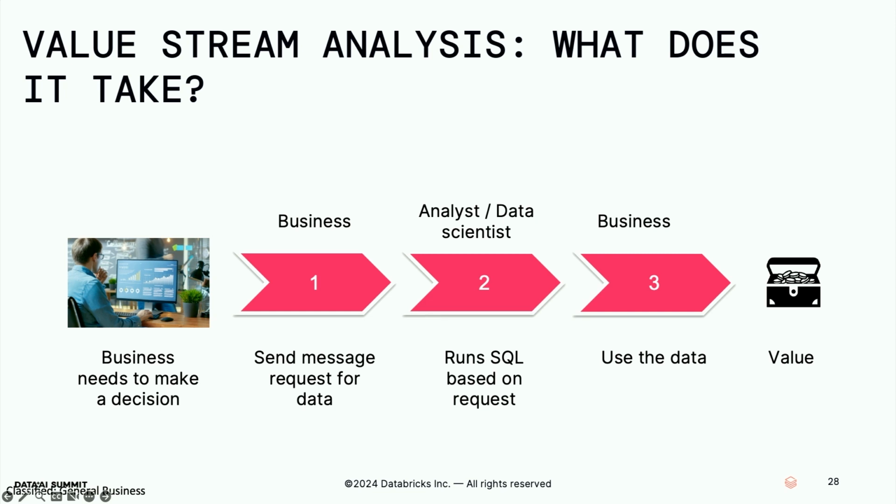So they send a message requesting data to the data scientist, who then needs to run the SQL based on that request. And so then the business can use that data and we can create value. And probably there's some back and forth between step number 2 and step number 1, but that's not too important. And so as soon as we'd defined this problem and identified what we wanted to solve,